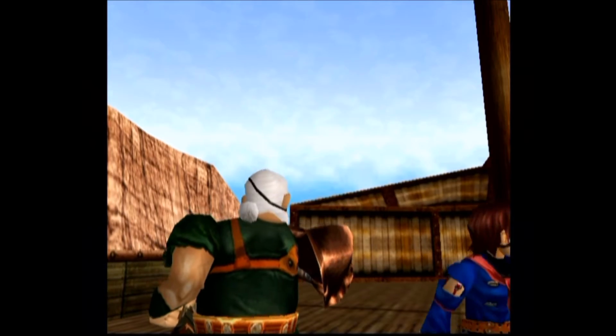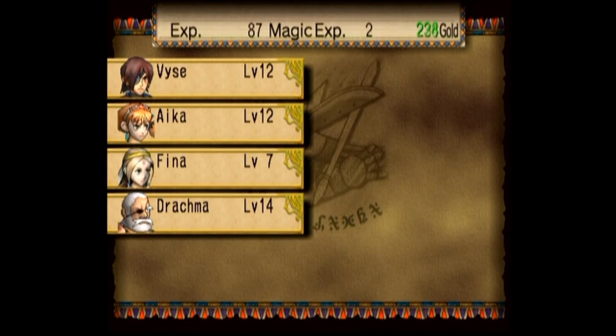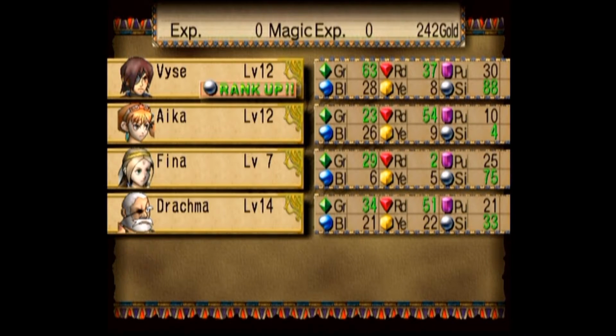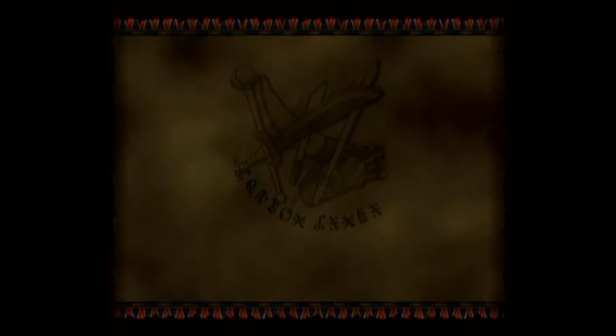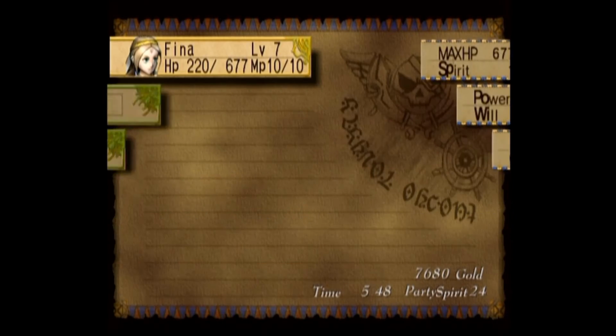So that's cool. We're gonna need to heal her, obviously, after this battle, but not a big deal. Hopefully we gain some fair experience. 87, pretty good. Yep, and Fina's about to gain... Ah, man, we got so lucky. Got our Moonberry, awesome. So we can get Fina's level 2 skill, which...